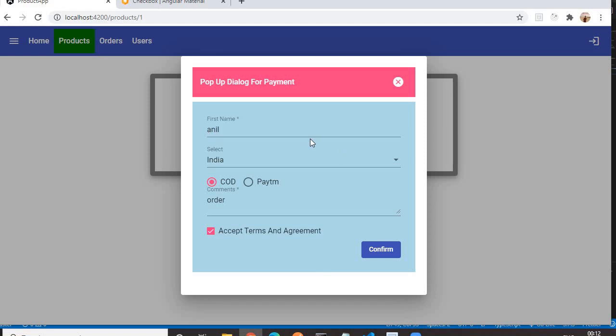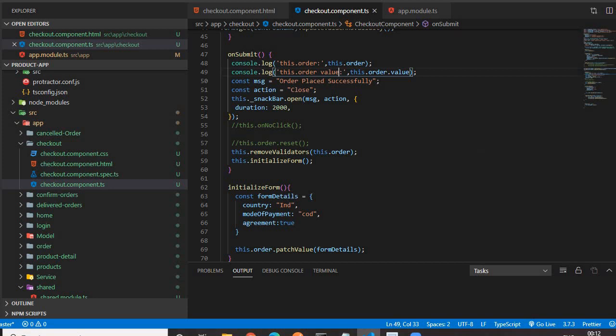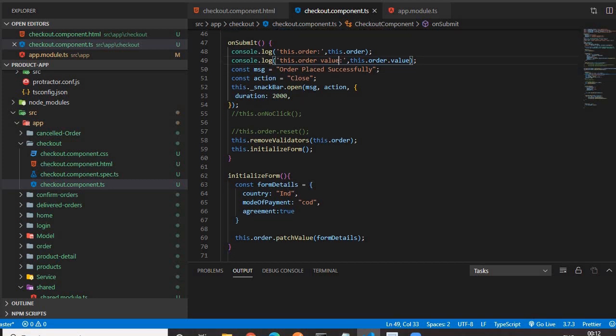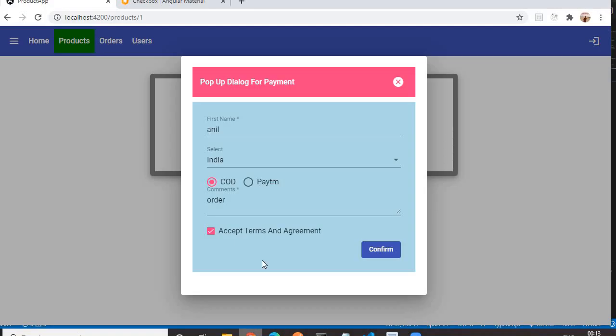Now the requirement is, after the insertion, after our order gets successfully confirmed, we need to reset our form. How can we reset our form? We'll see that. In the onSubmit function, up to this we have covered. The lines below, just forget for now, we'll come to that. The next thing is how we can reset our form. For resetting our form, we have to use this.order.reset. The order is the form group name, or the form name, dot reset. This will reset our form. Let me save it again.